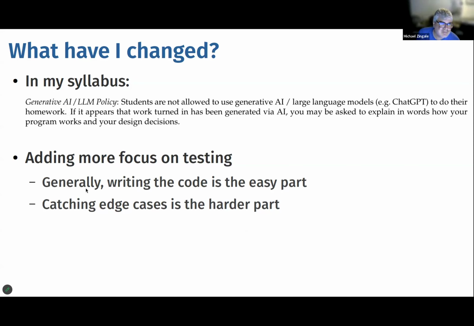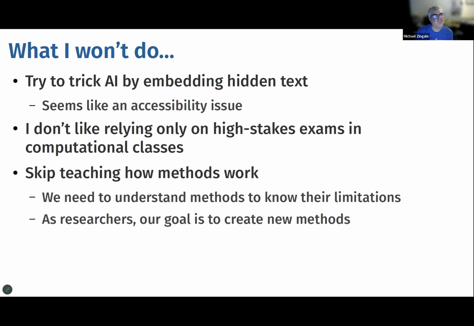What I found is that writing code is the easy part. Testing all the corner cases and making sure it works and making sure you should believe it, that's the hard part. It always has been. And AI doesn't eliminate that need. And so maybe spending more of an emphasis on testing. When I teach Python, I teach unit testing and things like that, but maybe integrating that more as a fundamental part of a computational class would be important.